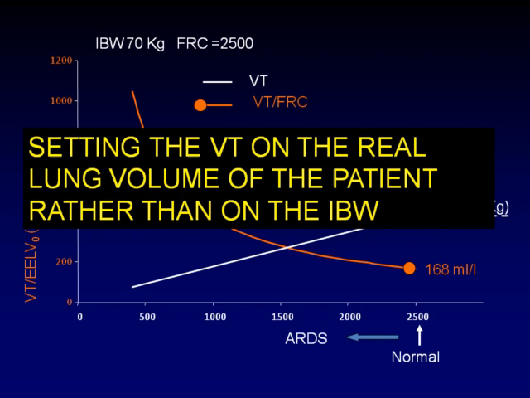So let's put it in another way. If we have a patient with ARDS, he weighs 70 kilograms, his normal functional residual capacity is 2.5 liters. If I go to the book, his tidal volume should be 420 milliliters. We know that we should keep tidal volume at 6 milliliters per kilo. But